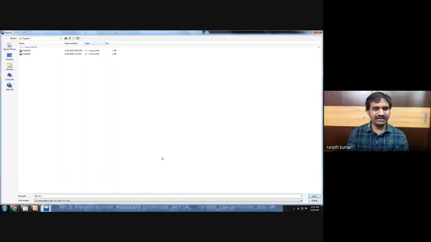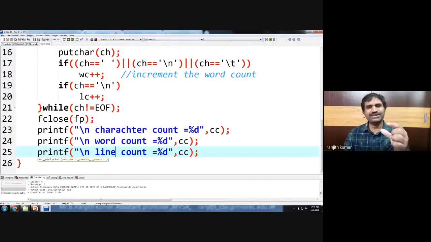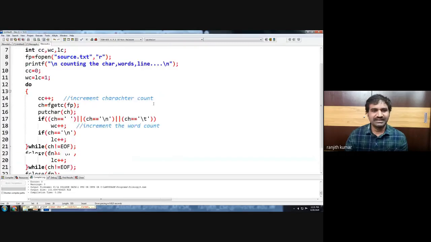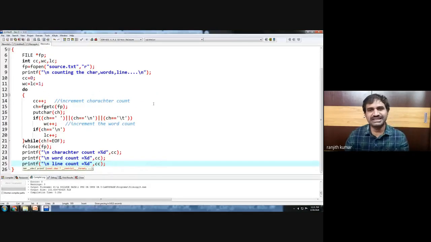Count.c. So file count.c. You can write this piece of code in any program, copying program, write program, read program, in order to count the number of characters read, written, or copied. The only thing you have to do is create some counters and check the condition. The number of times the loop is running is the character count. The number of spaces, tab spaces, and line spaces equals the word count, and the number of lines count is indicated by \n.